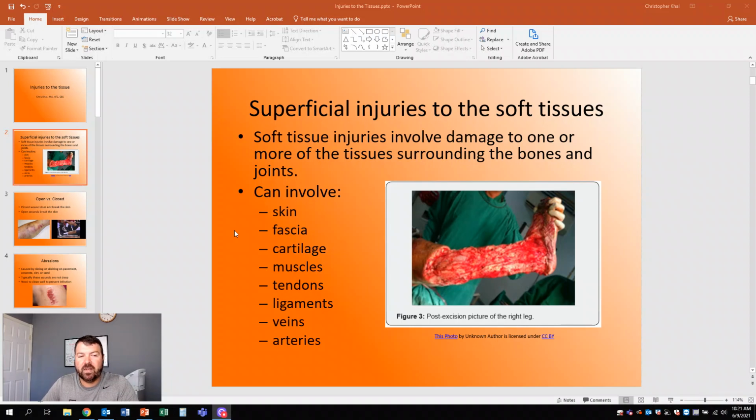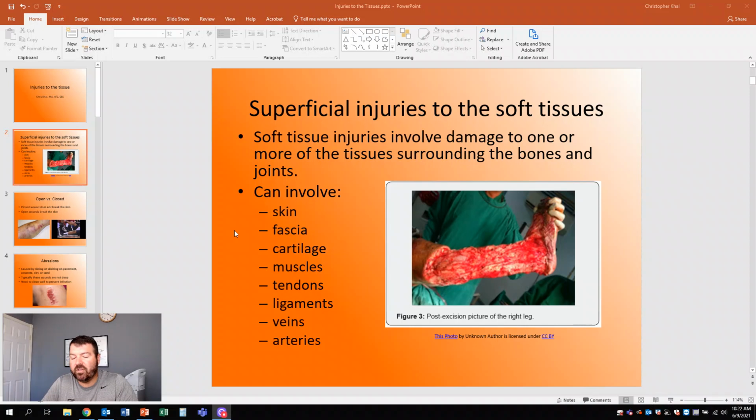Okay, so a lot of these injuries can be superficial. A lot of them can be very, very deep. It's very, very important to know that you can't see everything that's going on in there, and that other underlying structures could be involved. For example, usually you're going to see an injury to the skin, okay, where it's a laceration, abrasion, puncture, whatever it is, but you don't know how deep it is.